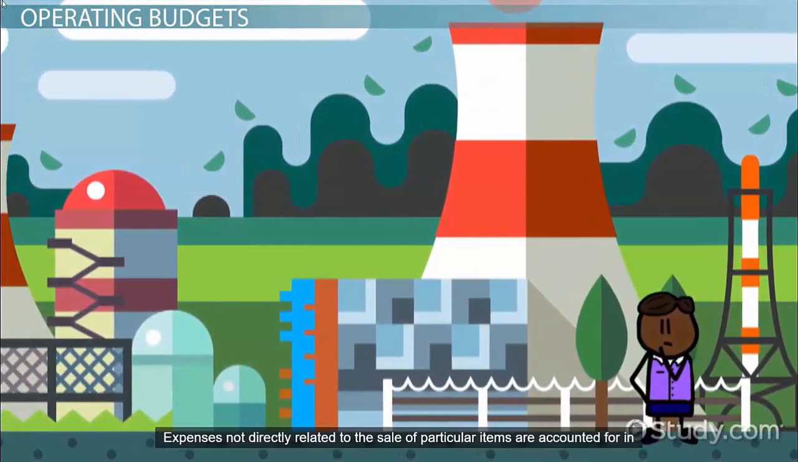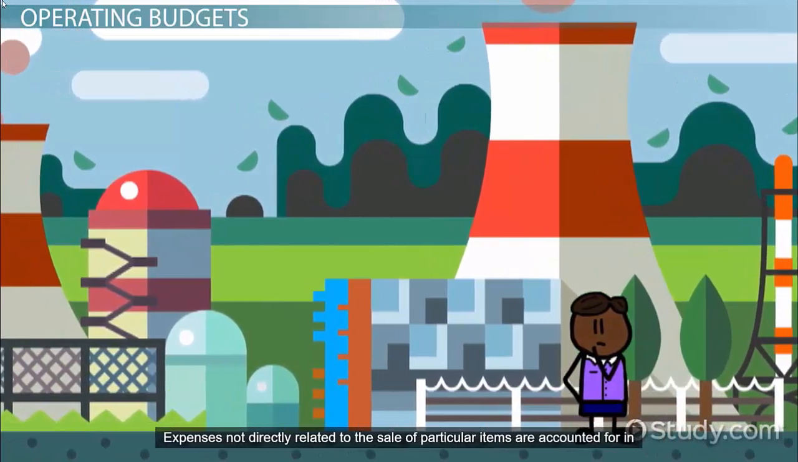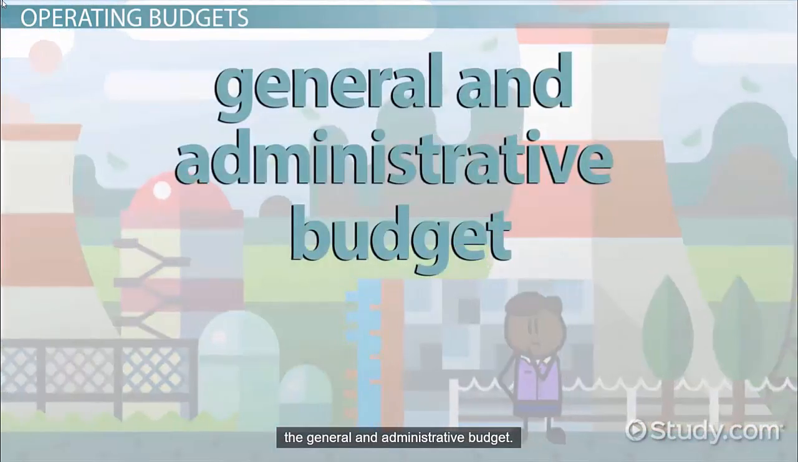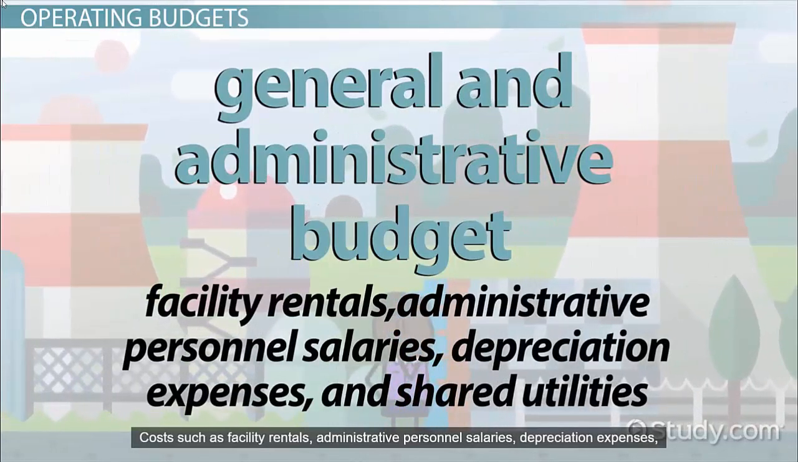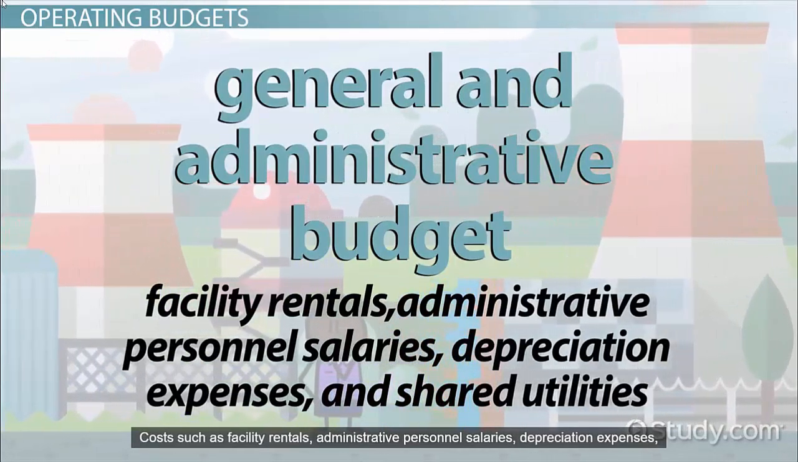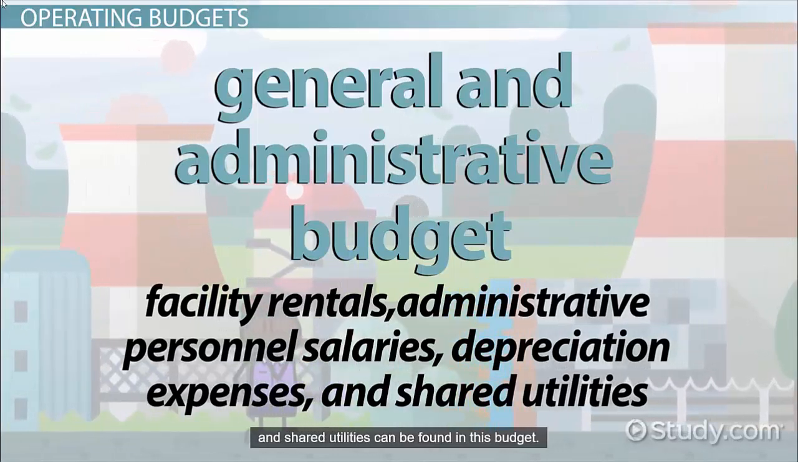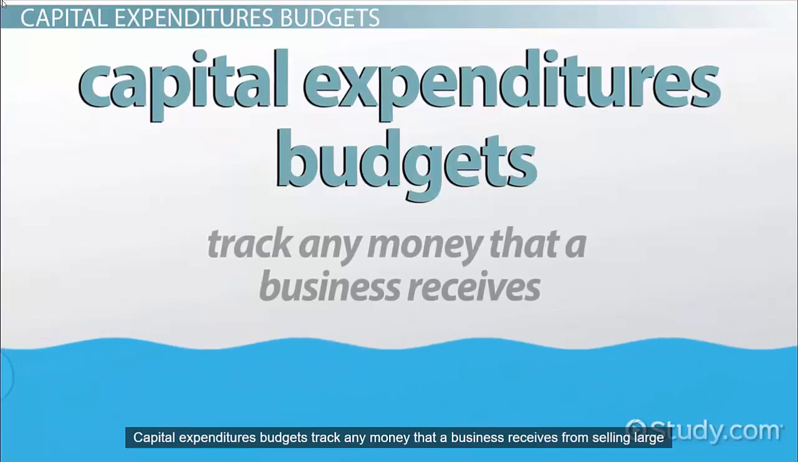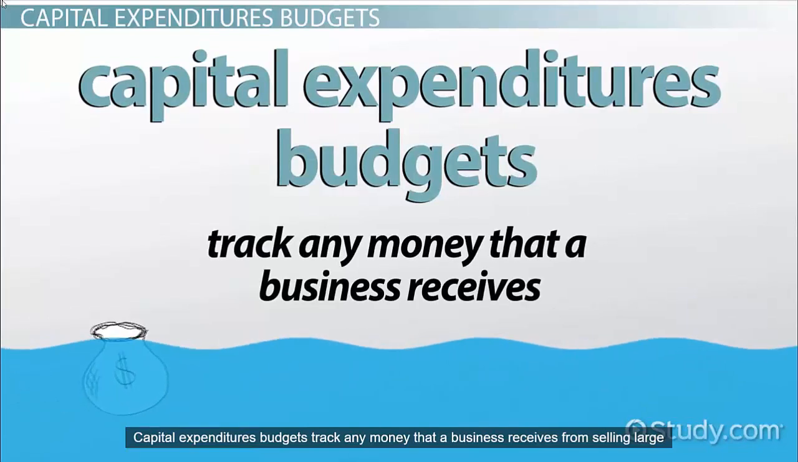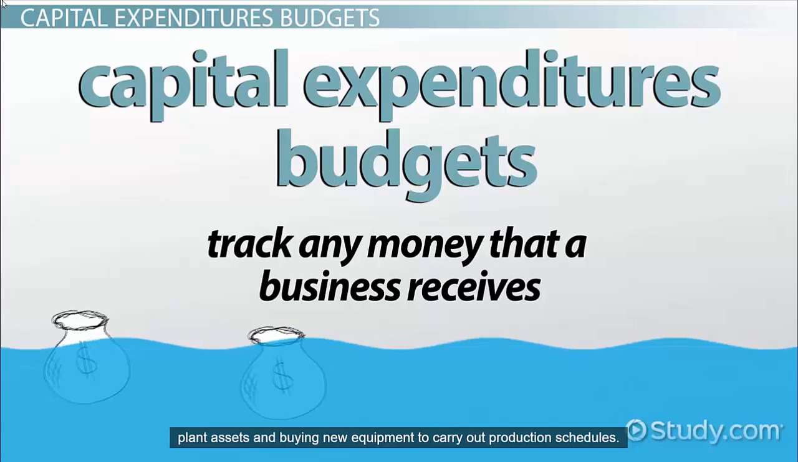Expenses not directly related to the sale of particular items are accounted for in the general and administrative budget. Costs such as facility rentals, administrative personnel salaries, depreciation expenses, and shared utilities can be found in this budget. Capital expenditures budgets track any money that a business receives from selling large plant assets and buying new equipment to